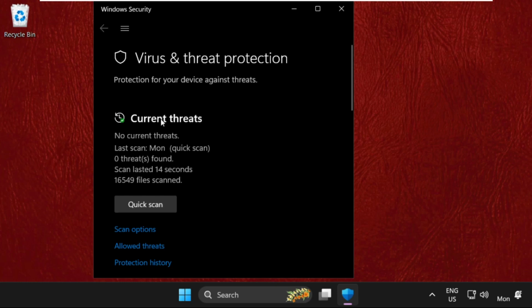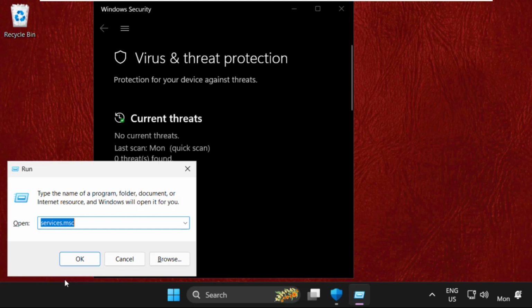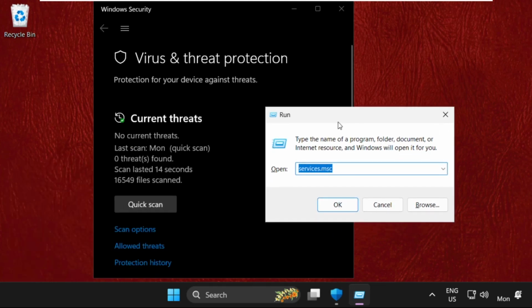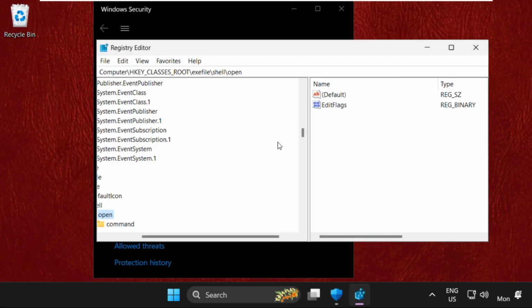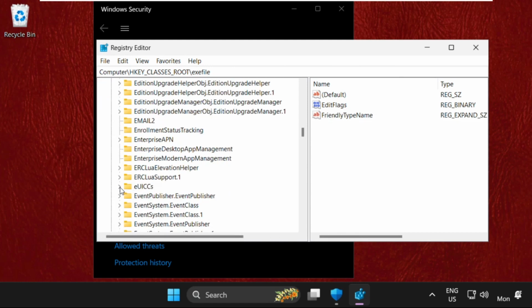But before this step, we will just press Windows key plus R key together. Then we will type here regedit and click on OK. Select yes, and on this window we will simply